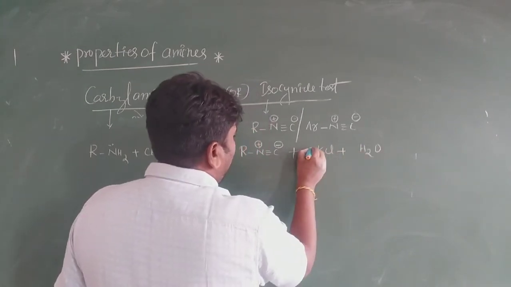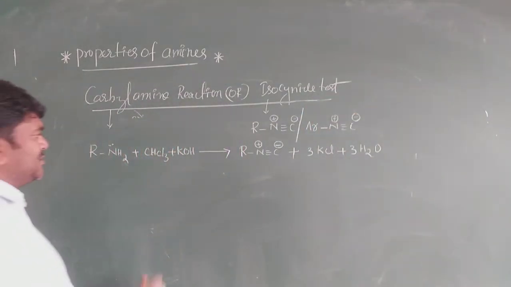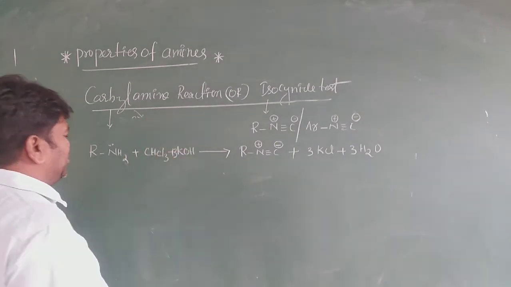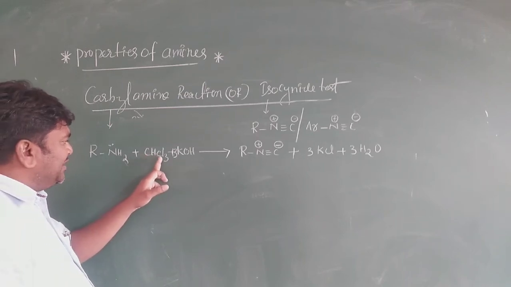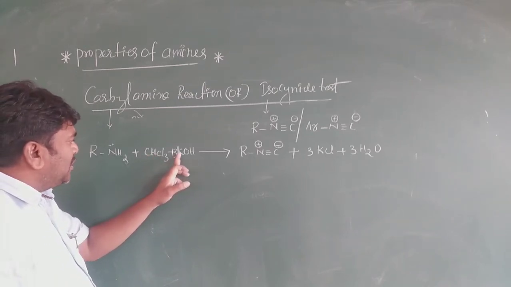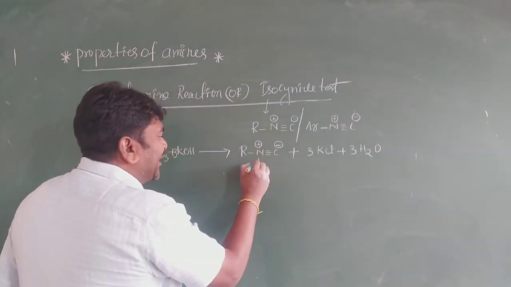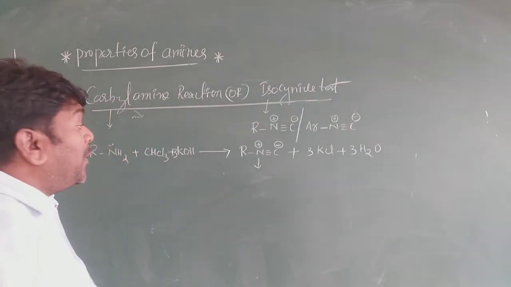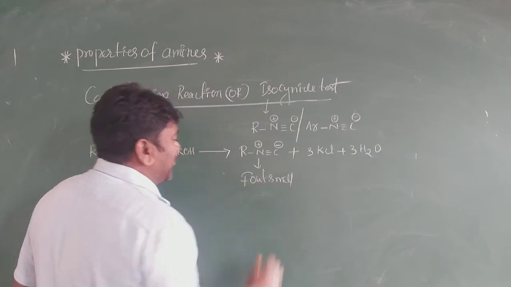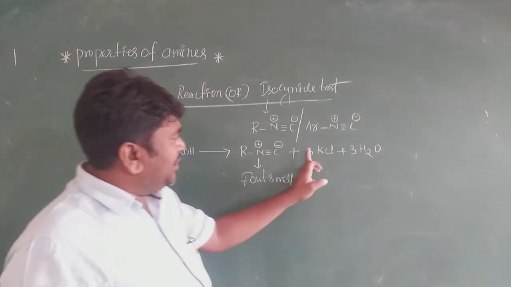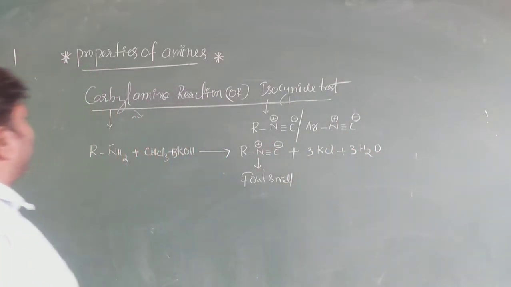It is 3 moles. We have to verify whether it is balanced or not. So now it is 3 KOH. My dear students, according to this equation, 1 mole of chloroform and 3 moles of KOH form 1 mole of isocyanide, and one more thing, very important: isocyanide has a foul smell. It also forms 3 moles of KCl and 3 moles of water. It is very, very important, my dear students.